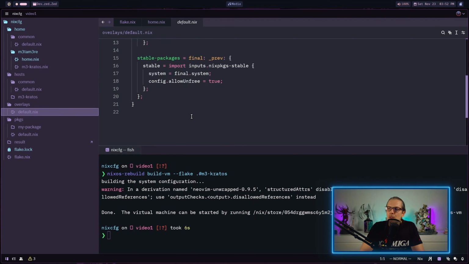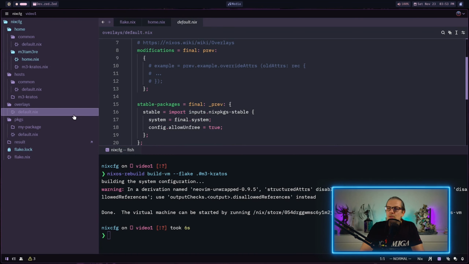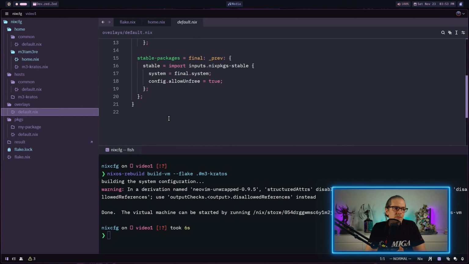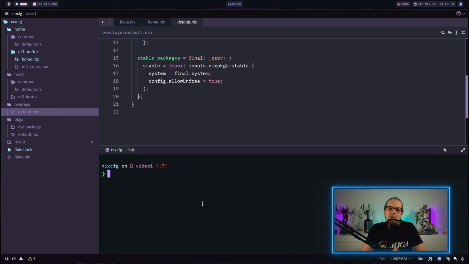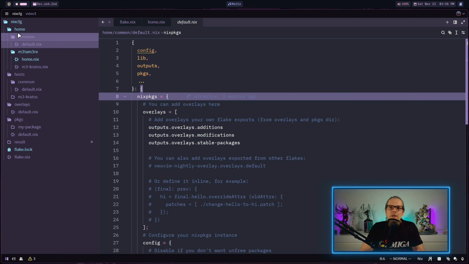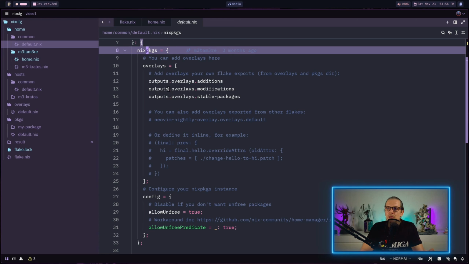And that's also how and why it is defined like this in the overlays here. Multiple people have been asking me why I don't use global packages for Home Manager in my Flake example here. Let me quickly show you what is meant with this question so we are all on the same page here. So right now in our home folder under common default.nix, we have our own dedicated Nix packages configuration for